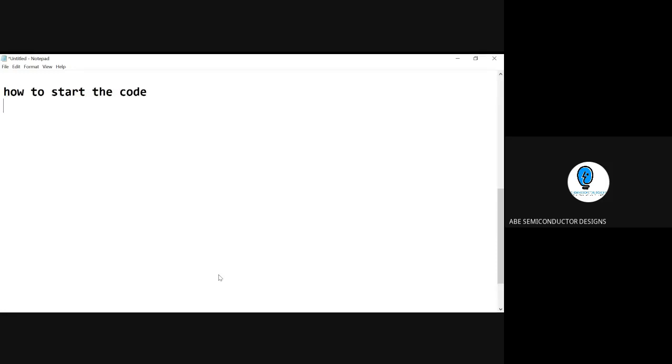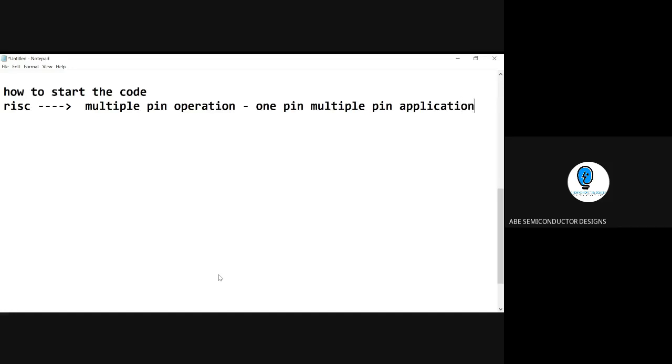Before that, we talked about the RISC architecture. In RISC architecture, there is another feature which we call multiple pin operation. That is, one pin can do multiple applications, out of which we have to select one application at a time.